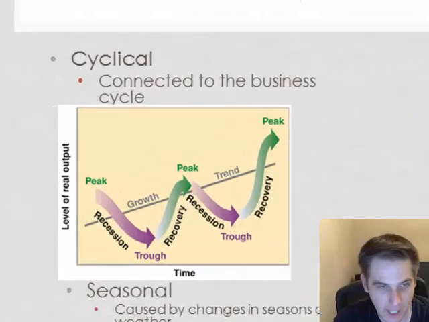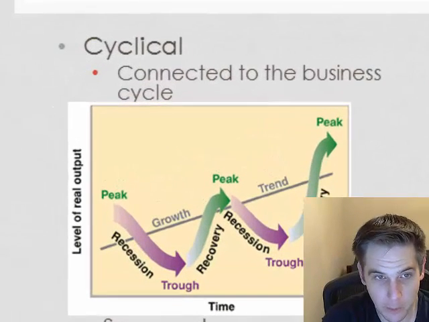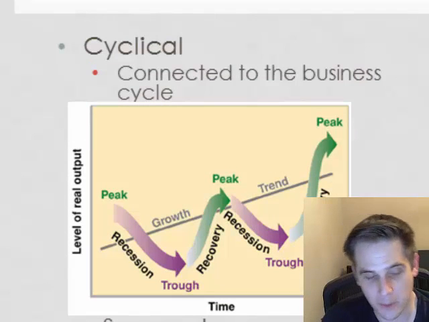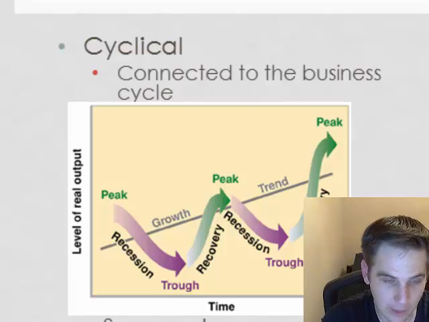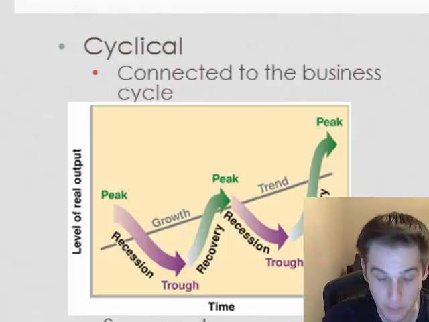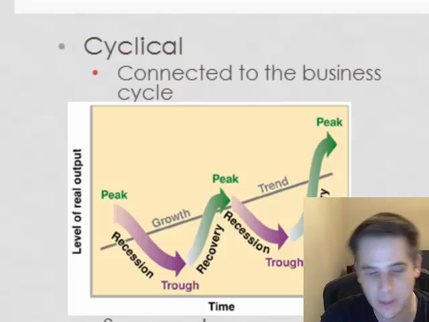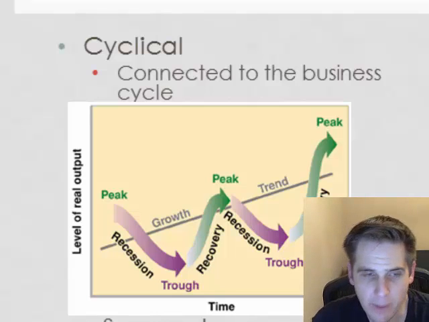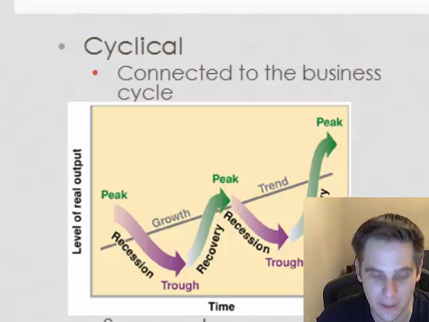First, there's cyclical, and that's the kind of unemployment that happens with the business cycle. As we go towards a trough, into recession, jobs get lost. As we go into recovery, jobs are gained, or people find them, and then up and down. Not just the same person going up and down, but just the average employment rate. It starts to go up and down based on the business cycle.